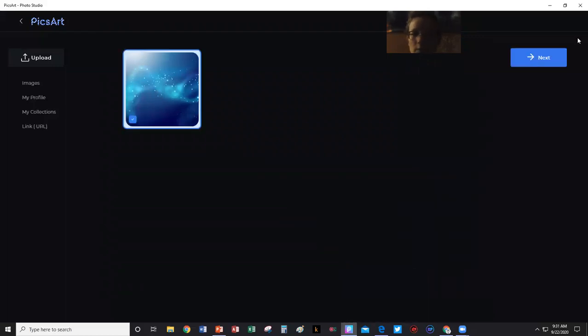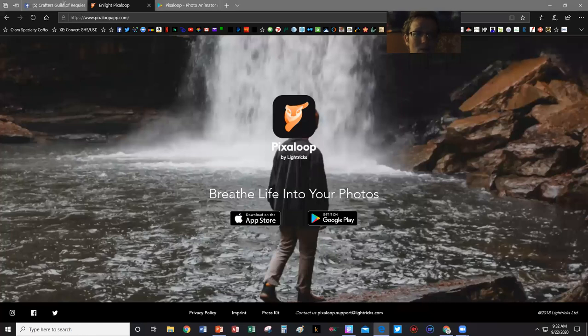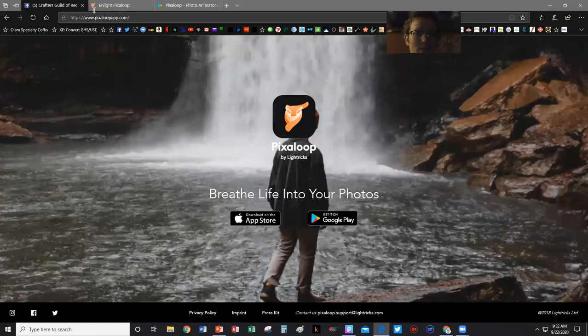And I select the photo, I select next. Second thing I need to do is create any text that I'm going to use. They do have text in here. They do have a text option. I'm currently not happy with it. I find it very difficult to edit using their text function. I also find it very limiting. So I do, oh, come on, I really don't want to come to Facebook.